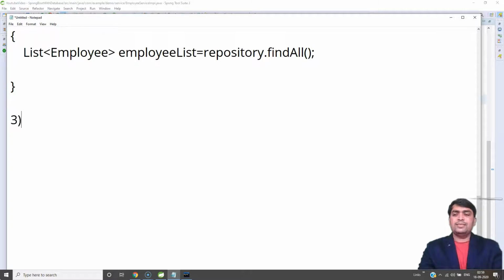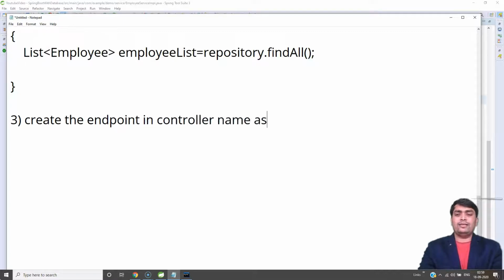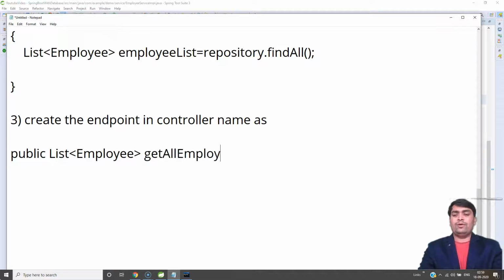Then we have one more step, step number 3: create the endpoint in a controller, named for example public List<Employee> getAllEmployees.